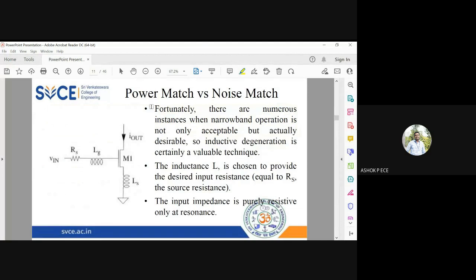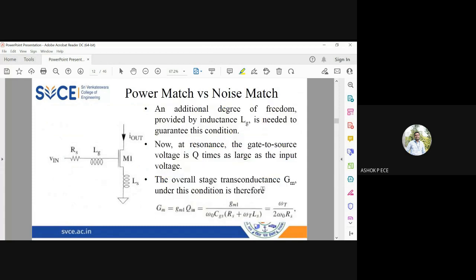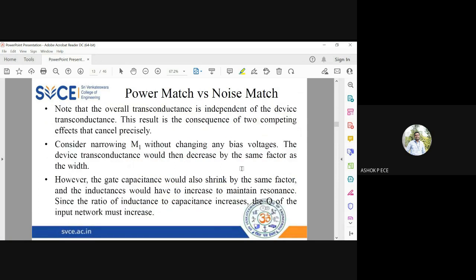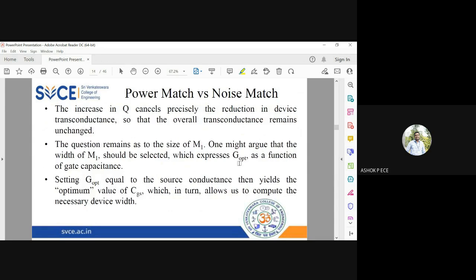Fortunately, there are numerous instances where narrow band operation is only needed. But if you are going to add inductors and capacitors, you can ensure that wide band behavior is going to be possible by using these reactive components. Okay, that is the circuit shown here. I am going to add one inductor LG at the gate side, and one inductor LS at the source side. So how much LG and LS I am going to add will decide how much noise and power match I am going to need in my